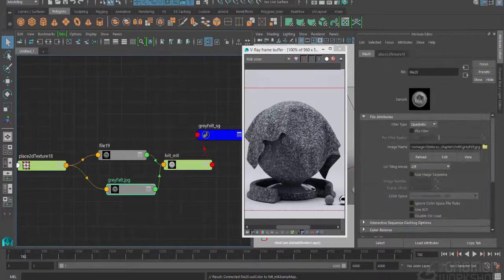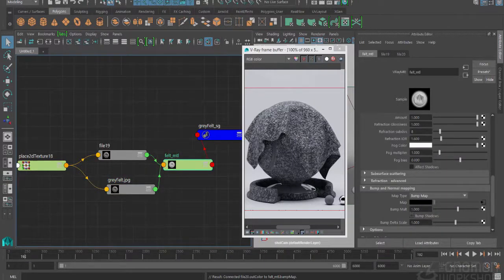Cool, so let's get our bump map dialed in here. This is definitely a little extreme, so maybe we'll try 0.25. And I can just sample a little area here that I want to look at. That actually looks pretty good. And this is already kind of grayscale, so I don't need to, I actually, you know,